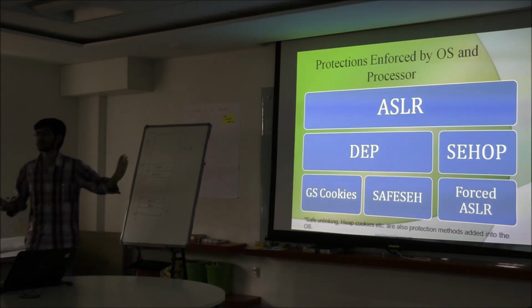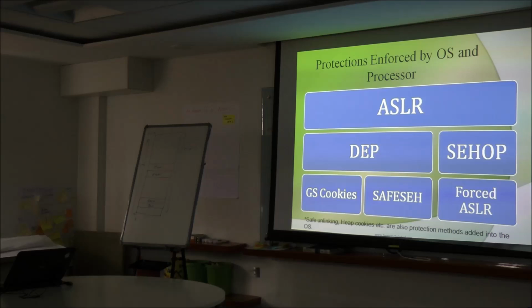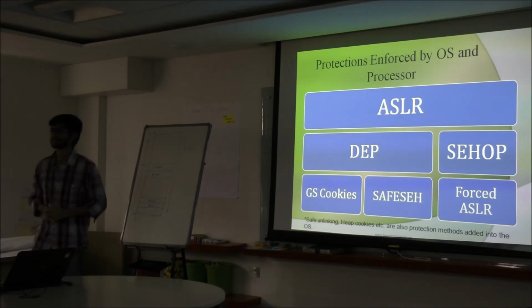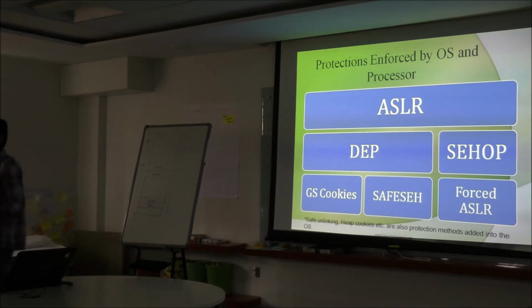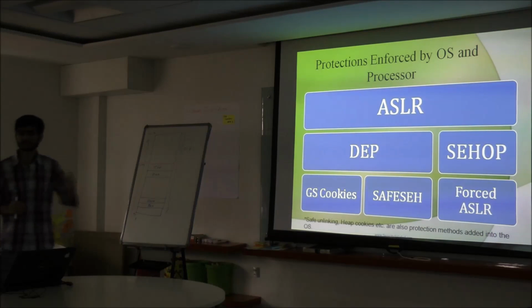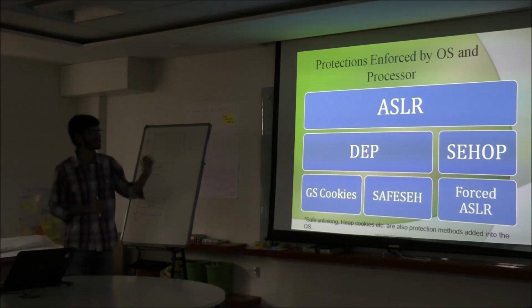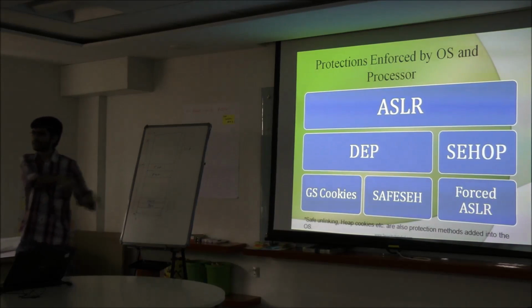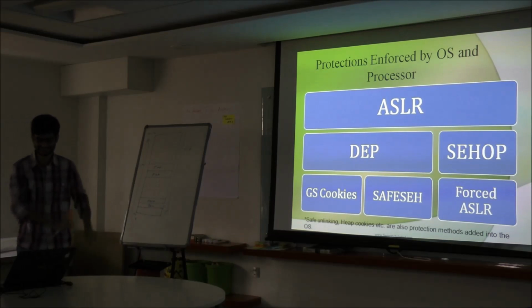Forced ASLR is not committed by Microsoft right now, but it was announced by Microsoft officials. They said it is coming in Internet Explorer 10. I don't know if they released Internet Explorer 10, or maybe it comes with Windows 8. I will discuss forced ASLR a little bit, but it does not exist right now. It is coming. We are not saying that it currently exists.